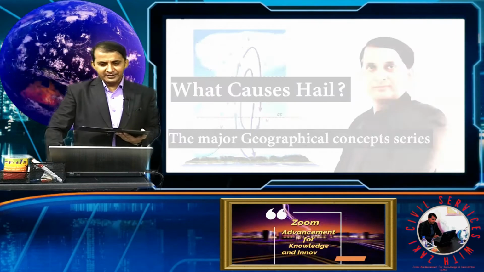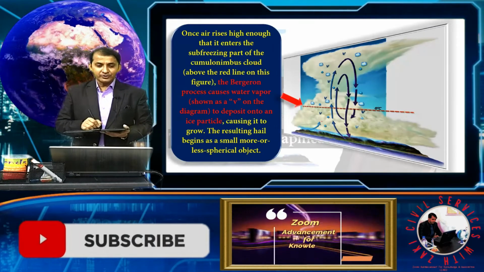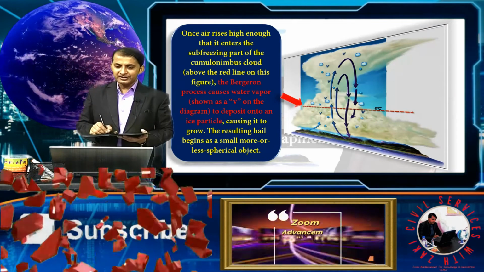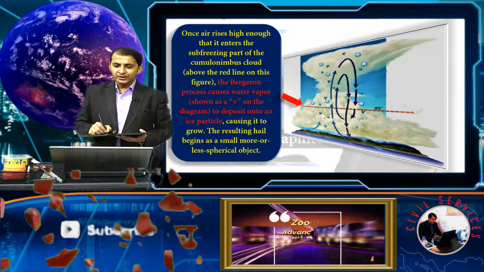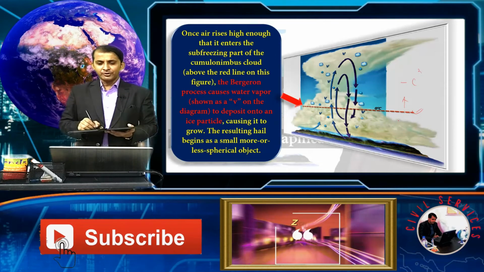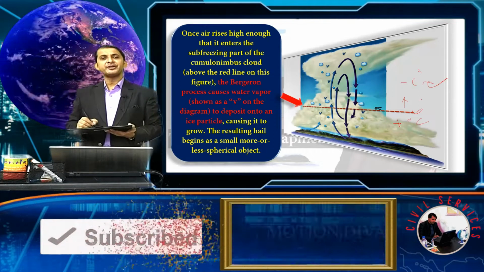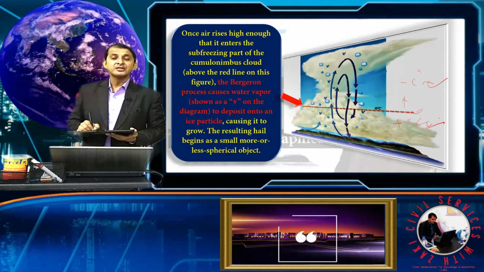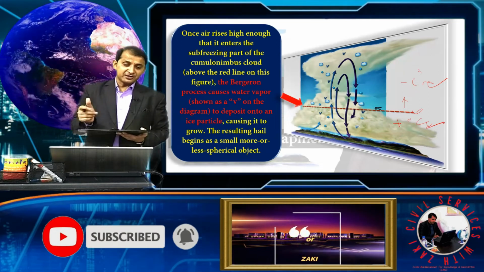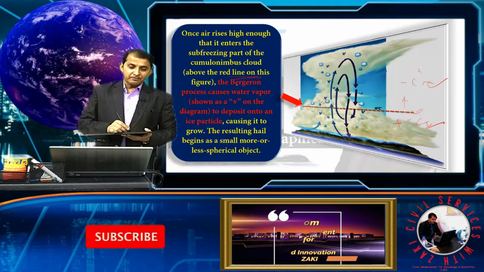See the second stage. In the second stage, once air rises high, it rises near the freezing line. This is the freezing line. If you go above the freezing line, it is minus degrees Celsius, and if you go below the freezing line, it is plus degrees Celsius. So here temperature is negative and here temperature is positive. Once air rises high enough that it enters the sub-freezing parts of the cumulonimbus cloud, above the red line, the Bergeron process